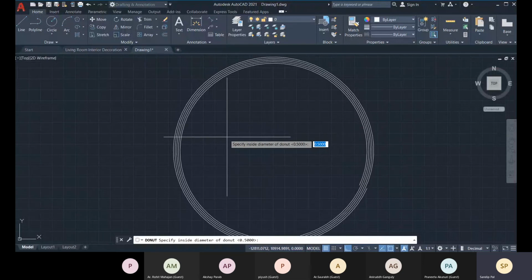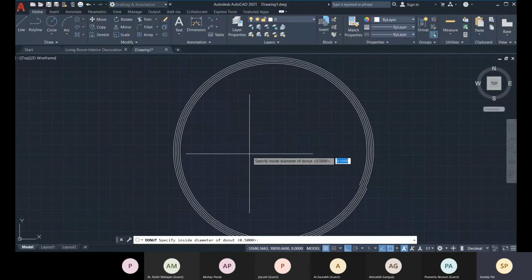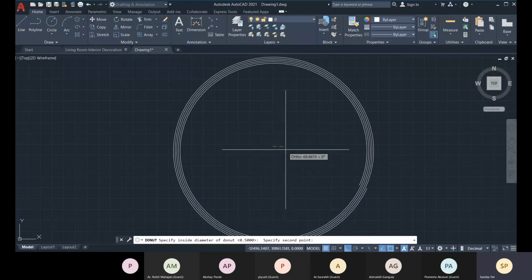It has an inside circle and an outside circle with the same center. Let me specify the center. This is the center, and then we specify the diameters. Let's specify the inside diameter 250, and the outside diameter 500.